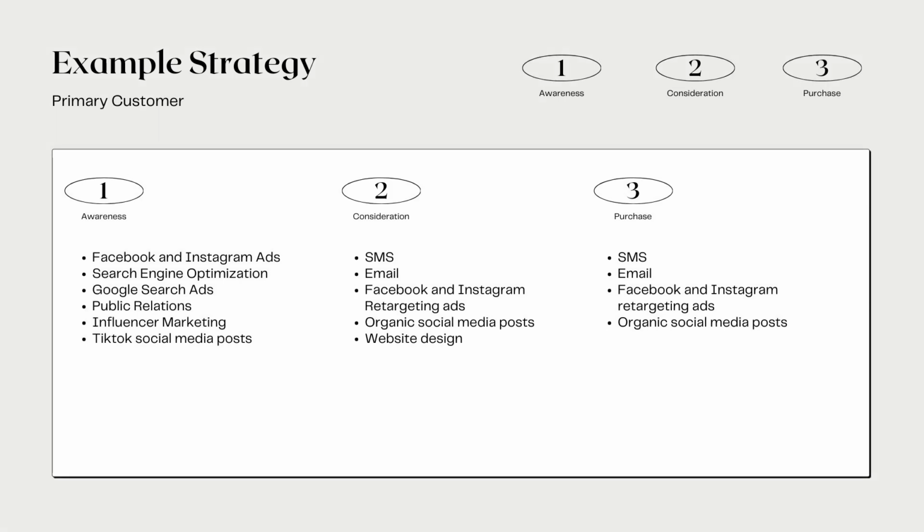For awareness, the strategies that we use to reach our customers that are not aware of our product are Facebook and Instagram ads, search engine optimization, which is optimizing each website for certain keywords that people are searching for, Google search ads, PR, or public relations, which is just having the press write stories about you, influencer marketing, and TikTok social media